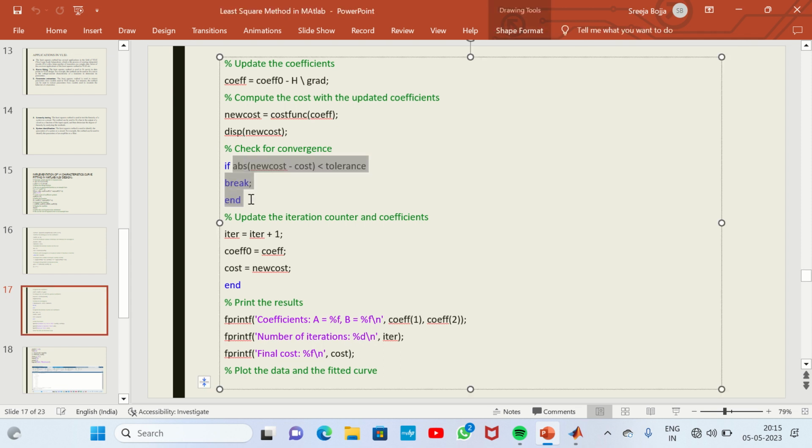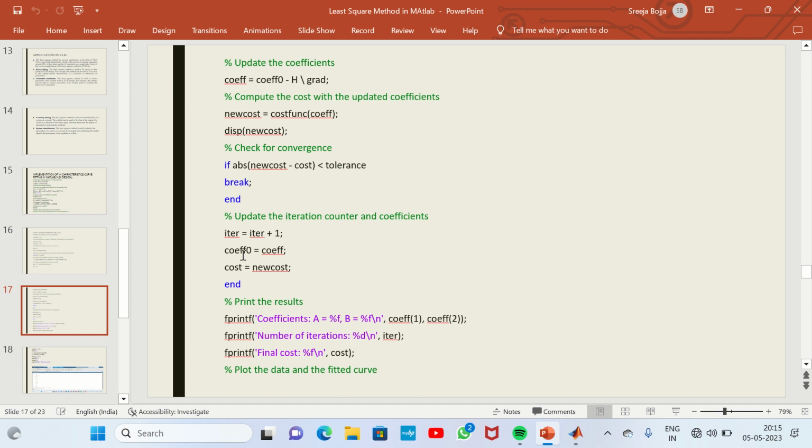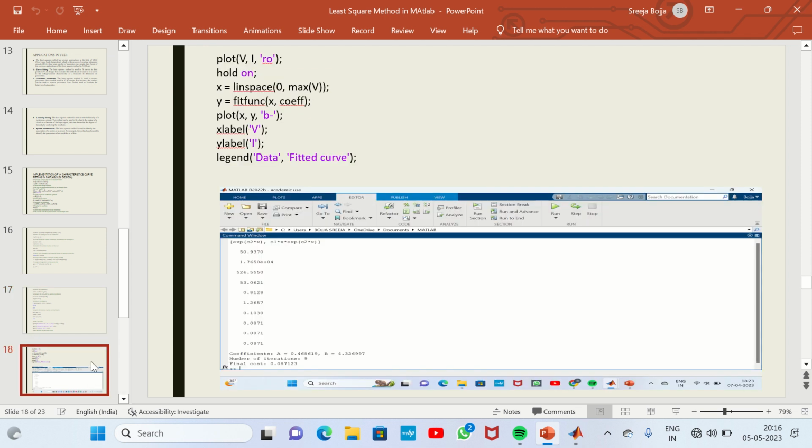If the convergence is met, we will exit. If the convergence is not met, then the iteration count is incremented and coefficient 0 is defined as the coefficient. Then the cost is the new cost. This while loop continues until the iterations are met or convergence is met. Then we print coefficient 1 and coefficient 2, the number of iterations, and print if the convergence is met. Then we plot this